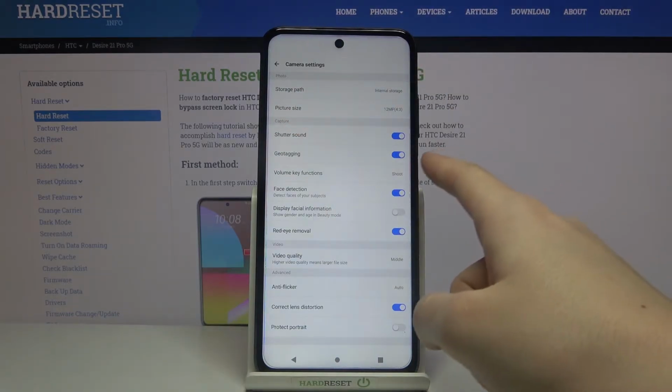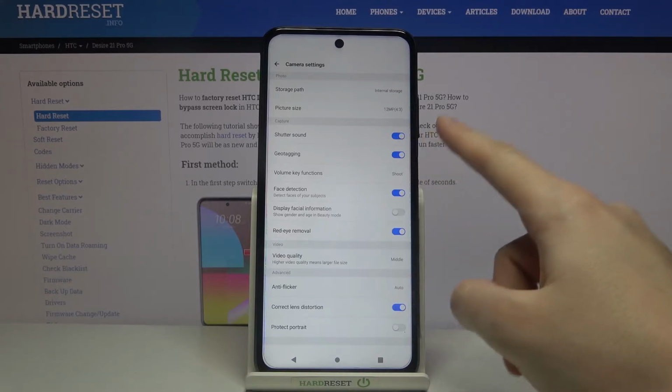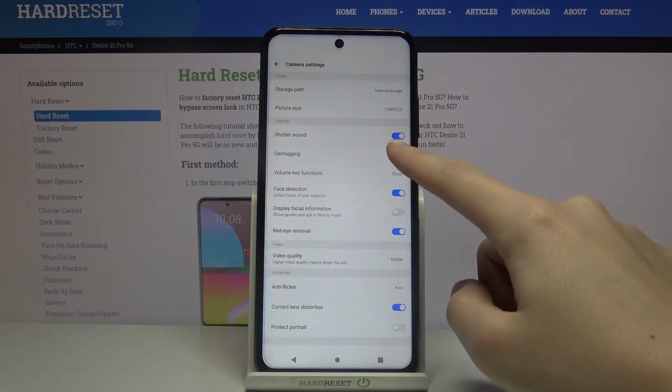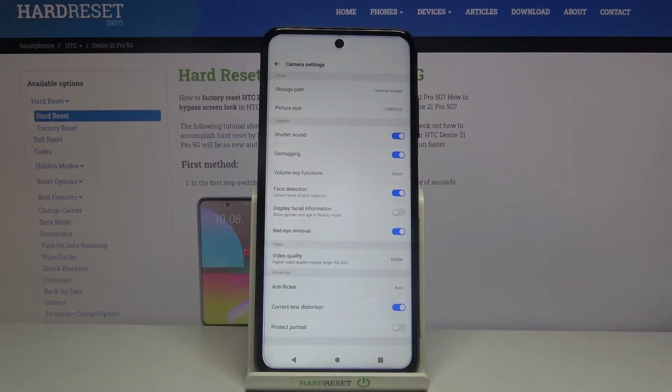at the second position we have geotagging, so it allows us to save the information about the place where we take a picture in the details about it. By using this button from the right we can turn it off and turn it on like that as we need. And here also the important thing is that to make it work correctly, when we want to save the